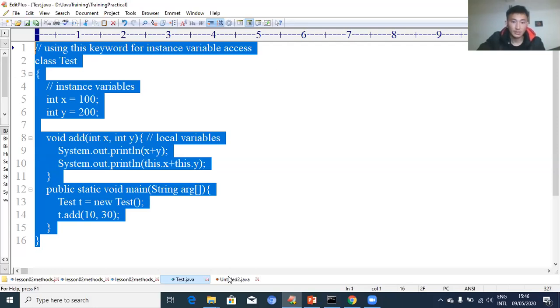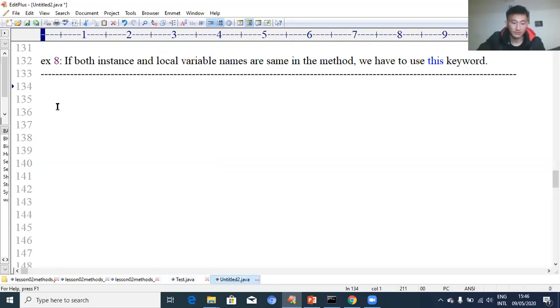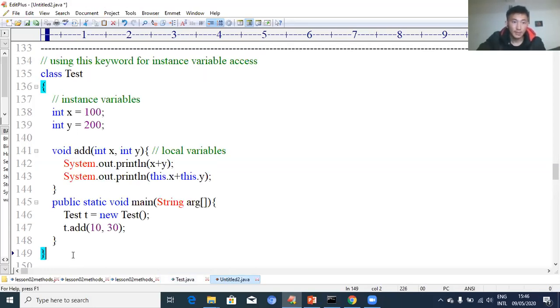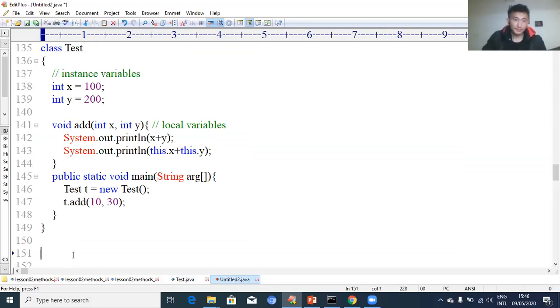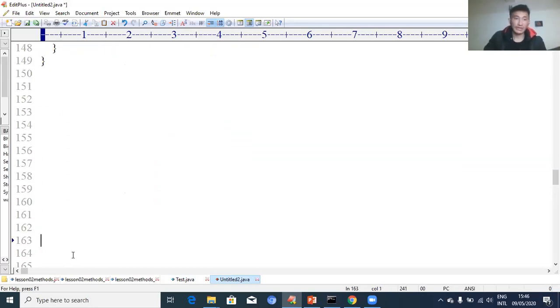Let's copy this just for reference. Now coming up next, let's move on with example 9. I think this is the last example regarding this Java topic, and then I'm going to talk on return type, 5 to 6 cases about the return type. So for this example 9,